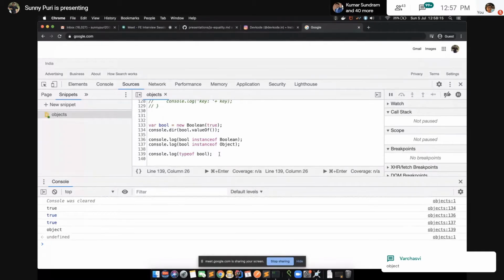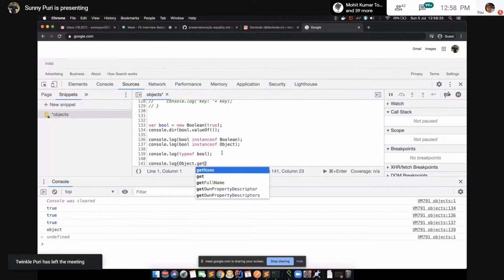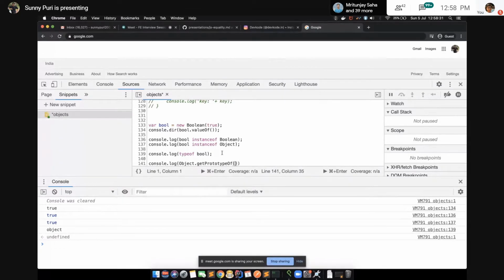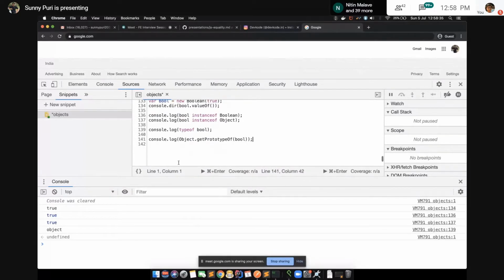Okay. So we have one concept, Object.getPrototypeOf. If I want to know what prototype it is inheriting, what is the parent of the bool object?